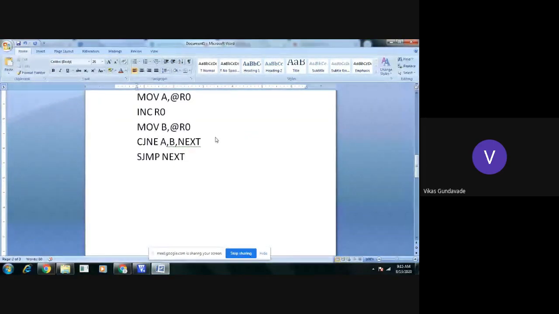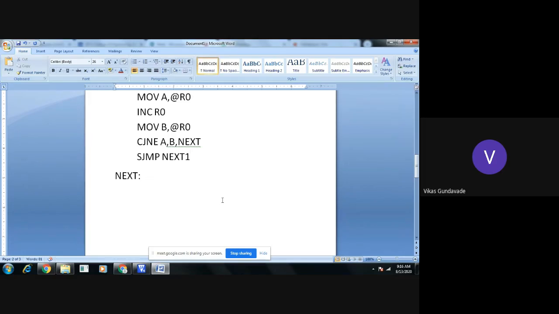This is an unconditional jump, given if both numbers are equal. Now, if both numbers are not equal, then what do we need to do? We need to check the next condition. So the CJNE label will come here. So, no mistake here. Here we need to write it as SJMP next.